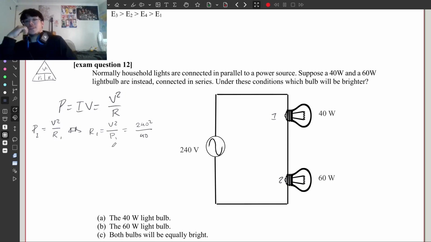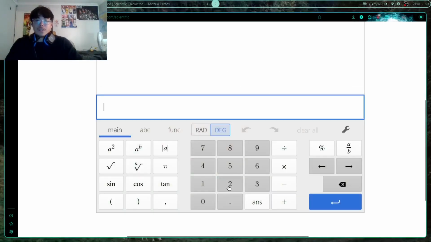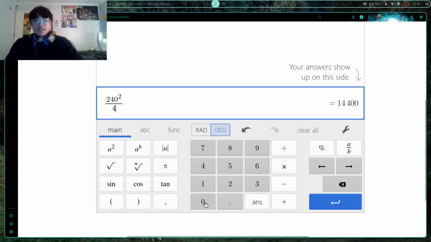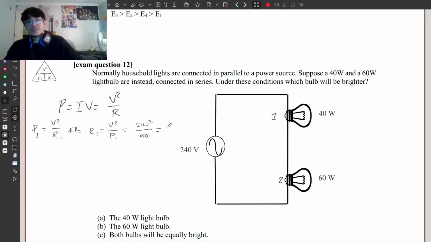Now the reason why we do this is to find the individual resistances for each of the light bulbs, given its ideal voltage and ideal power here. So this gives us our actual resistance in the light bulb. So 240 squared divided by, what was it, 40? Yeah. So then we get 1440,